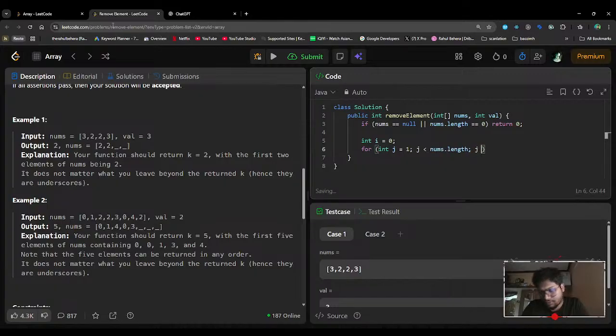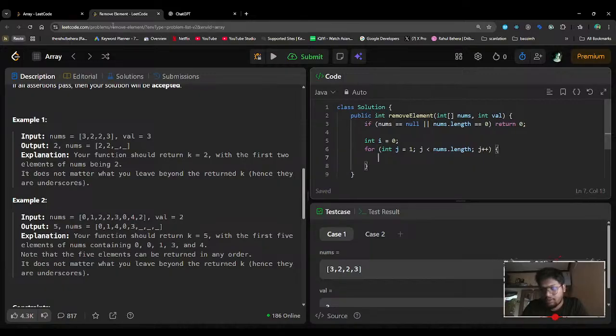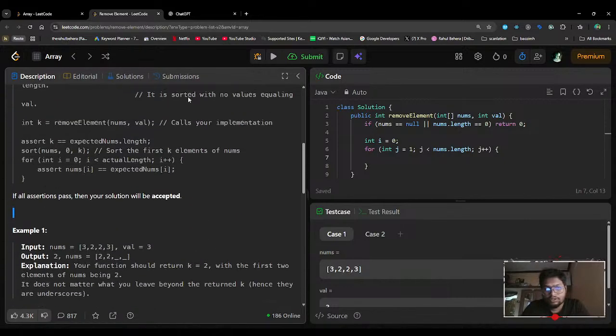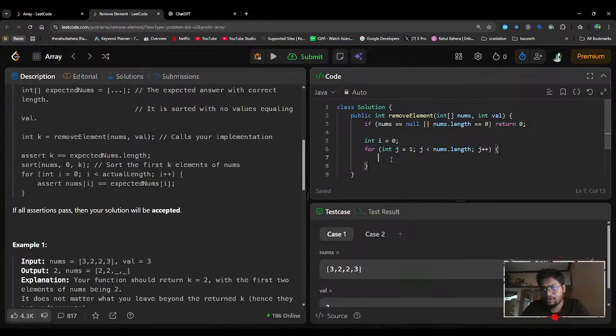Now j++. Okay, after opening the loop, we don't need two pointers. We need actually two pointers, sorry. Here I have to check if nums[j]